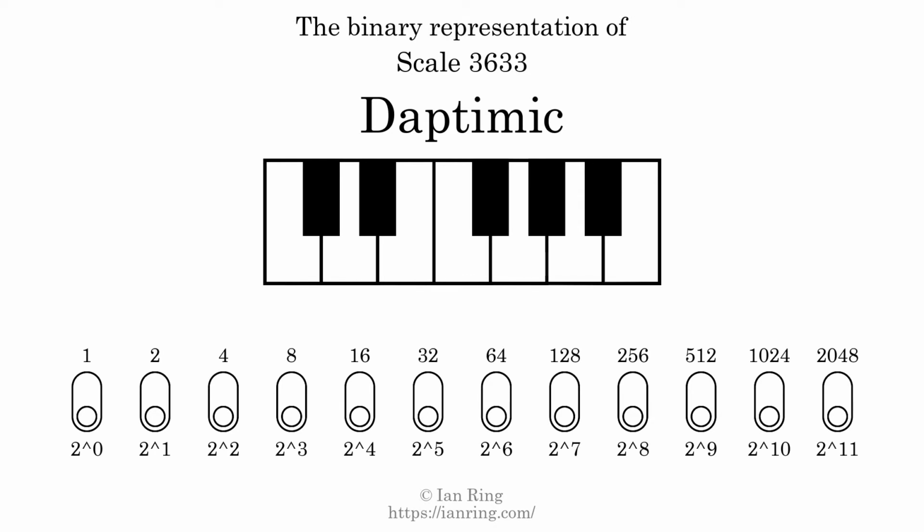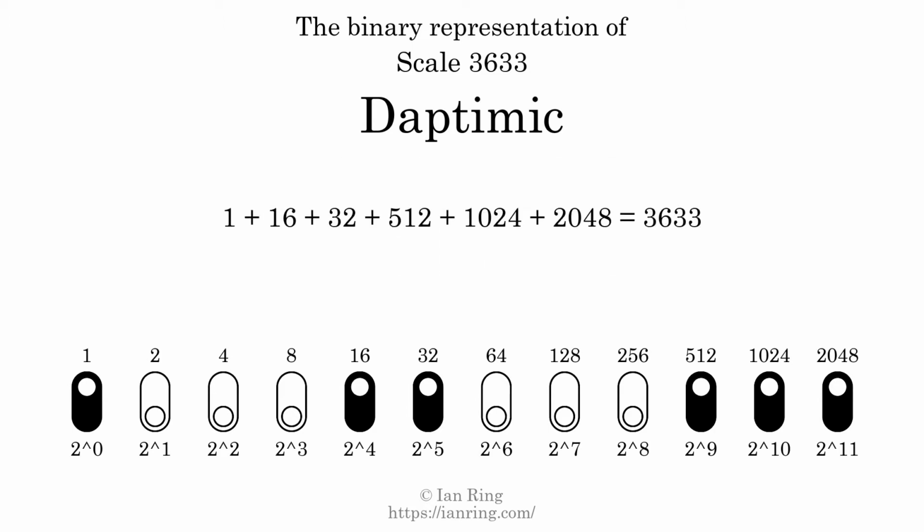The binary representation of this scale is determined by mapping tones of the scale to binary digits. Each binary digit represents a power of 2. To get the scale number, we add the powers of 2 together. The powers of 2 that are present in the scale, all added together, equals 3633. That is why the scale number, in decimal, is 3633. The scale number not only enumerates the scale with a unique index, but it also literally describes the tonal content of the scale. Represented as a binary number in base 2, the scale number is